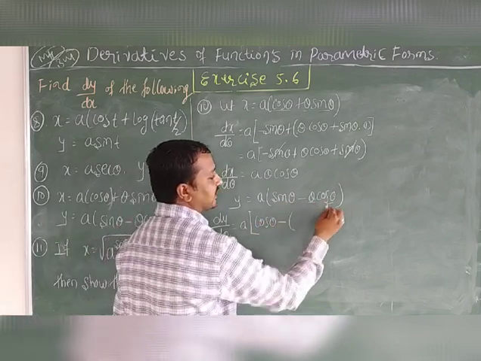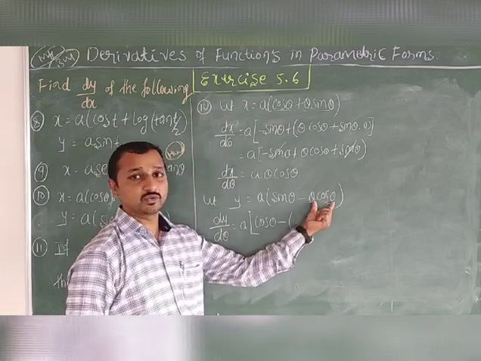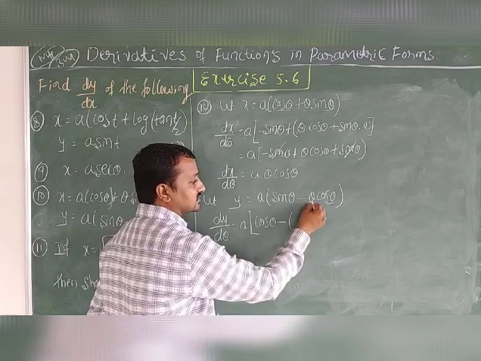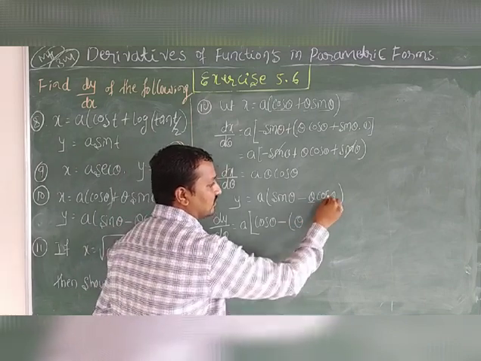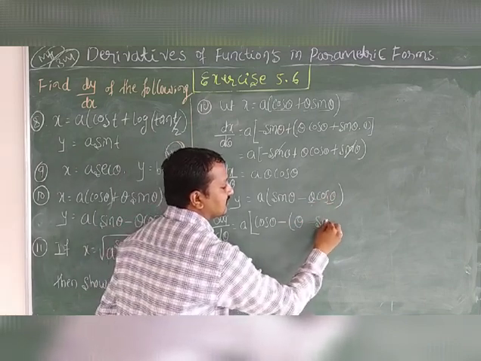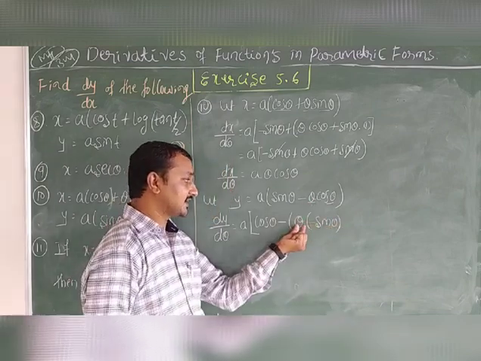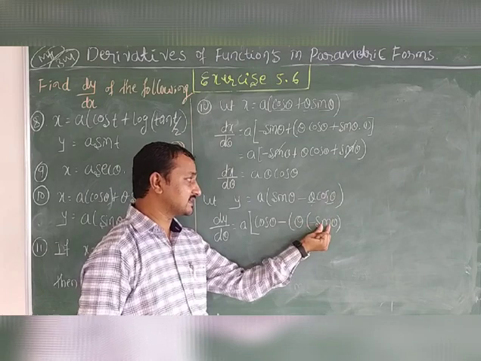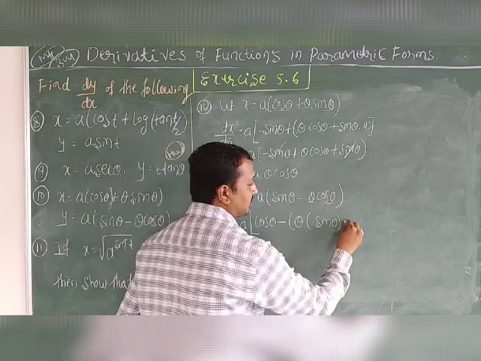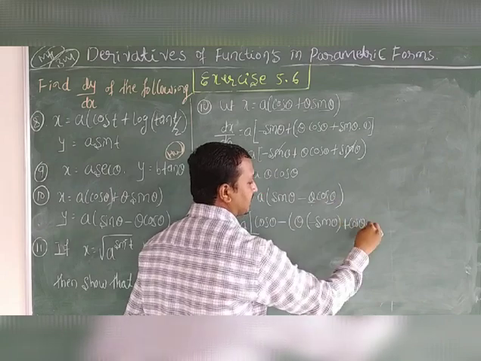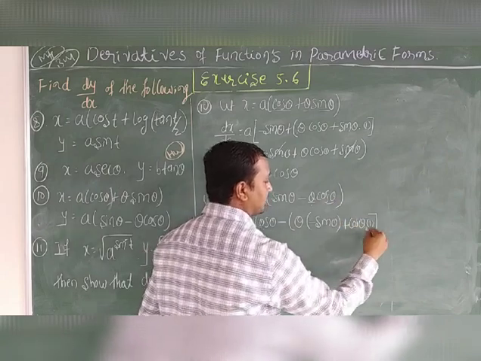So this is the first term, second term. Because a minus term is there, there are two terms, so take a bracket. Okay, minus in the bracket. First function theta keep as it is. Derivative of cos theta is minus sin theta. Is that clear? Then plus second function cos theta as it is. Derivative of theta is 1.